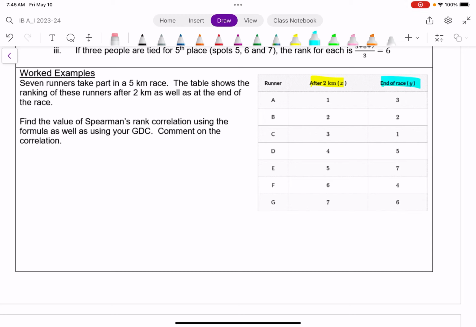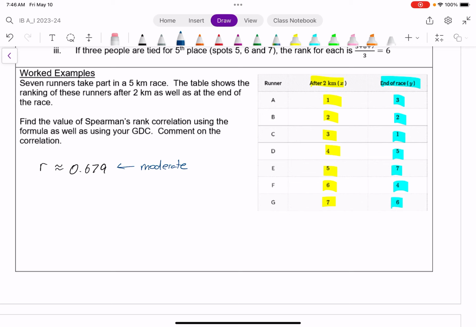So what we want to look at is what's the correlation between their ranking after 2 kilometers versus the end of the race. And so one option, since we already have all these ranks, is just to put all this data into our GDC. One column, the X column, would be just 1, 2, 3, 4, 5, 6, 7. And then the second column would be their ranks at the end, 3, 2, 1, 5, 7, 4, 6. And if you put ranked information like this into your GDC and find the correlation coefficient as we've always done before, you should get an R value of about 0.679,